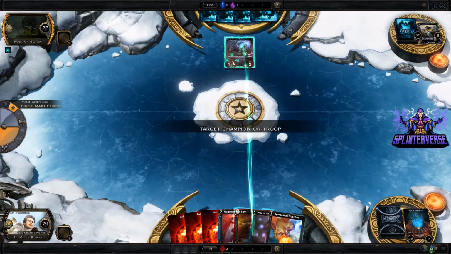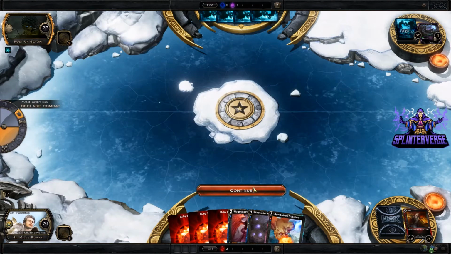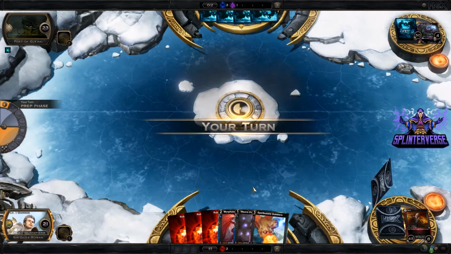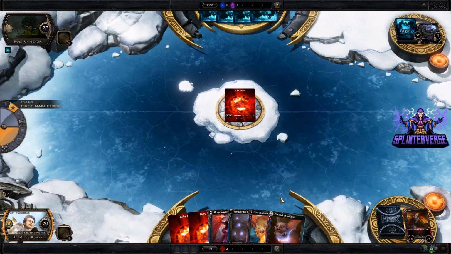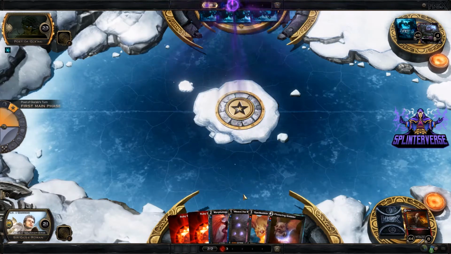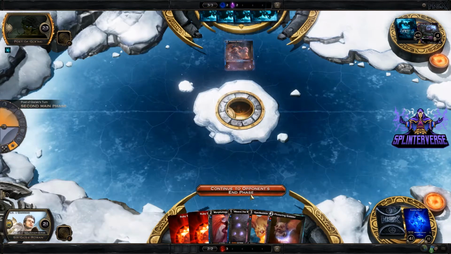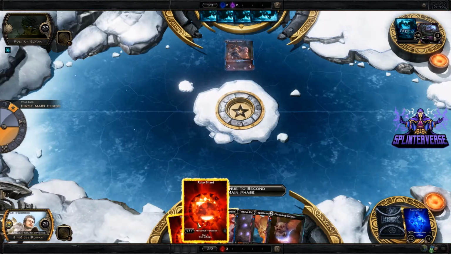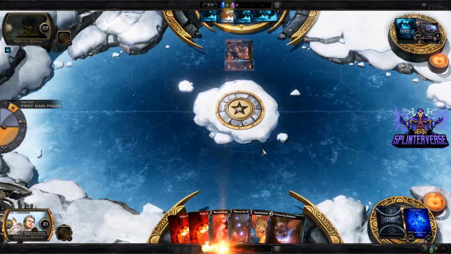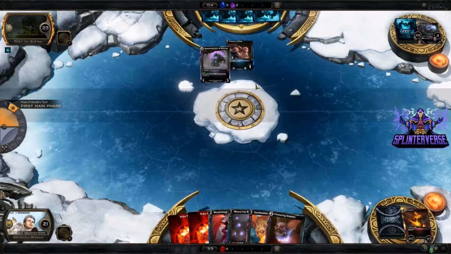Now I might go ahead and take that out, just so we don't have to... Yeah, we're kind of resource screwed at the moment. I should have paid more attention to what I had in my starting hand. Alright. We have endless ruby. Yeah, so it must be...